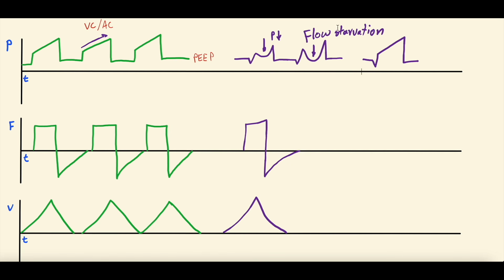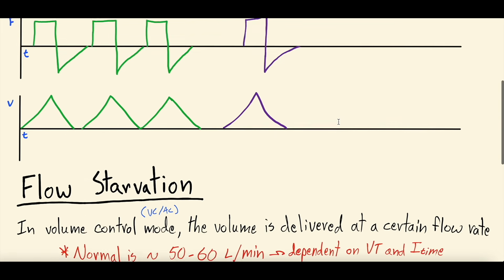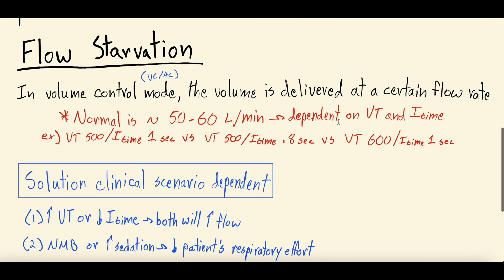So that's what the scalar will look like. That's how you diagnose flow starvation. Instead of a nice kind of flat line here, you're going to get this negative dip. And it can be to different extents, from a slight negative to a very significant negative dip. So what do we do about flow starvation then? Well, flow starvation, again, in volume control mode,